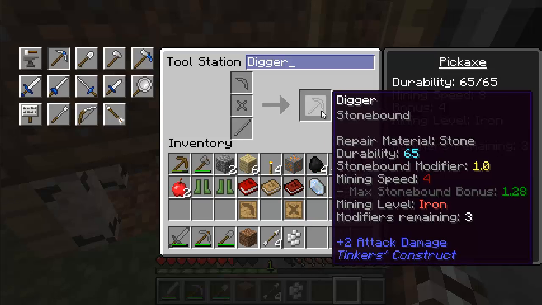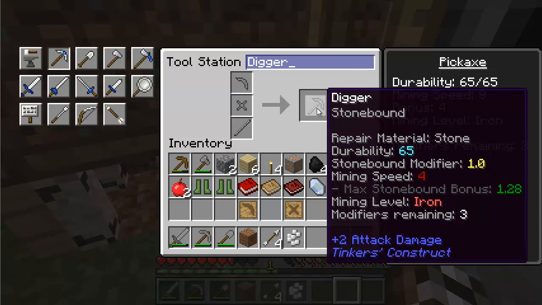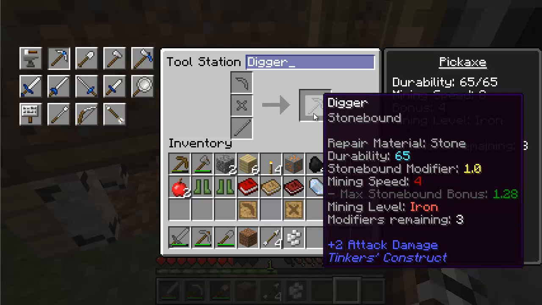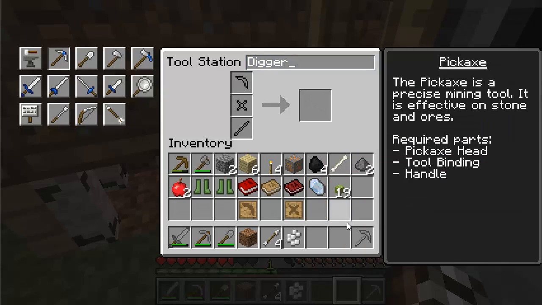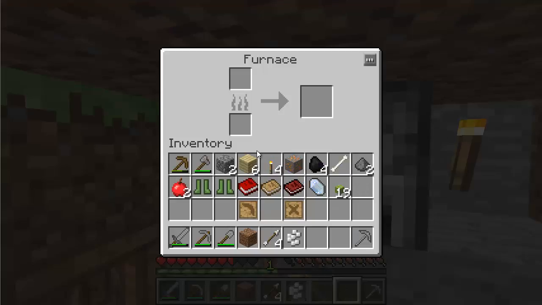So mining speed 4, that's pretty good. Max stone mine bonus is 1.28. Mining iron, it means you can mine all the way up to iron, and everything under that has a hardness under that, and modifiers remain 3. Modifiers, what are these modifiers? So, actually, let me just